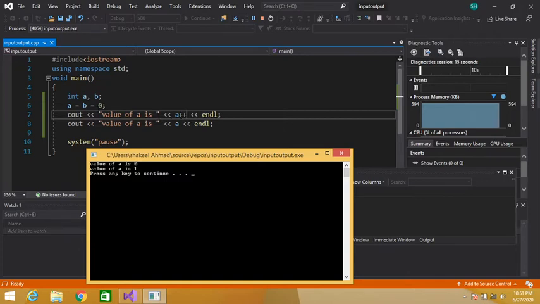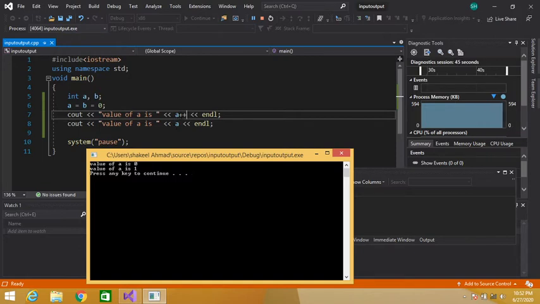Why? Because this is post-increment operator. It means it will first display the value of this variable and then it will increment the value of this variable. So first 0 is displayed on the screen, then it has incremented the value of a. So in the next line the value of a is 1 is displayed. That is why in the next line 1 is displayed. So this is the basic difference between pre-increment and post-increment operator.